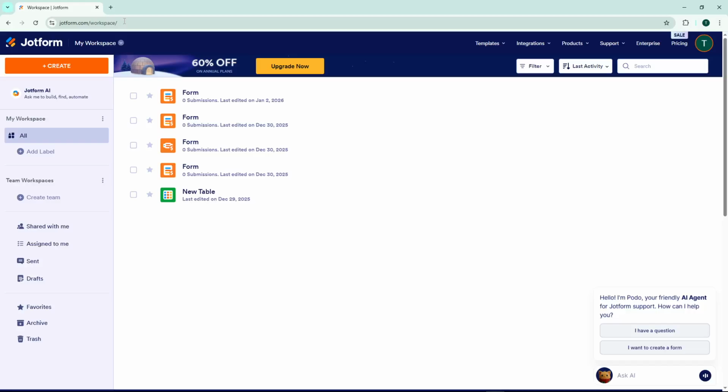Today I'm going to teach you how to use Cash App Pay with Jotform. This integration allows you to accept payments directly through your forms using Cash App, making it incredibly convenient for both